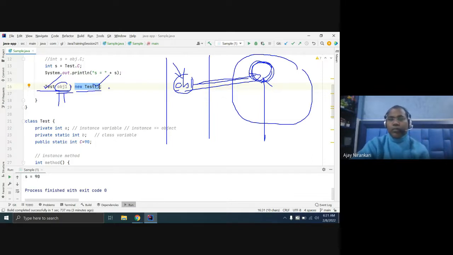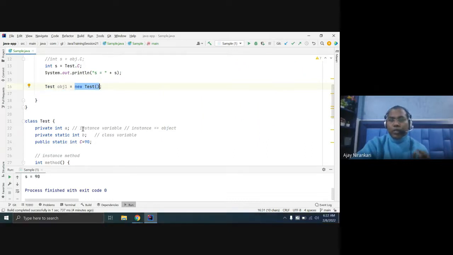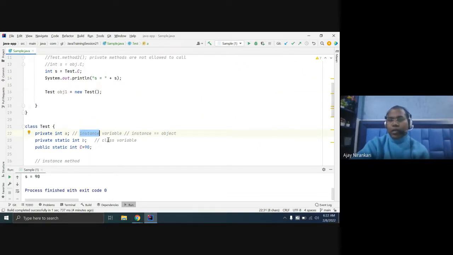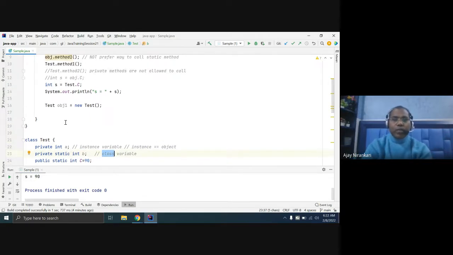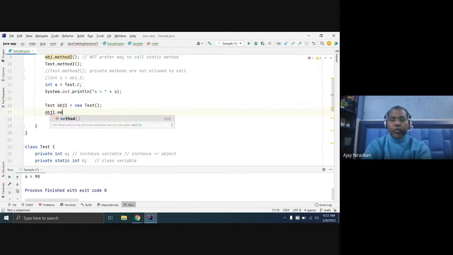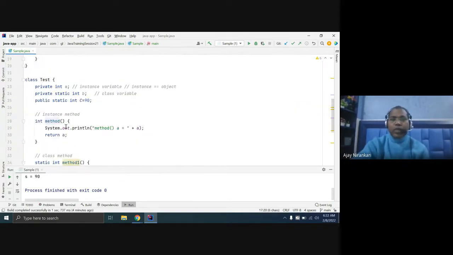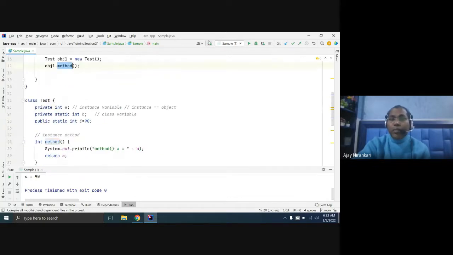Is it clear? So what is the instance variable or what is the class variable? Similarly, from this reference variable you can invoke your method. Now your instance method you can invoke. There is no problem.